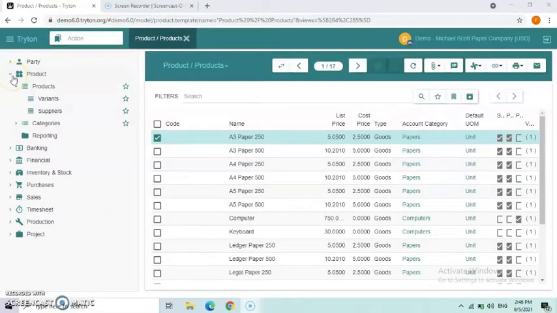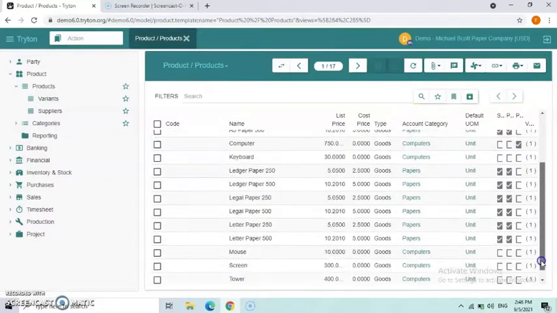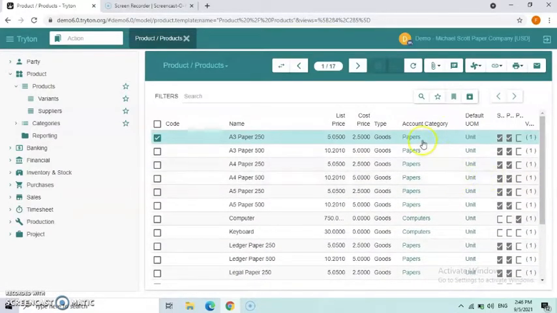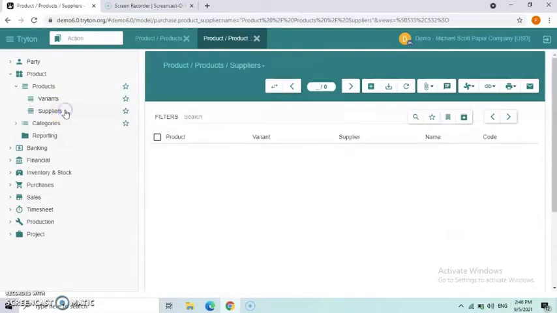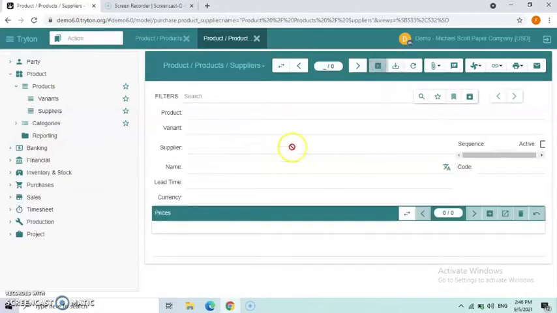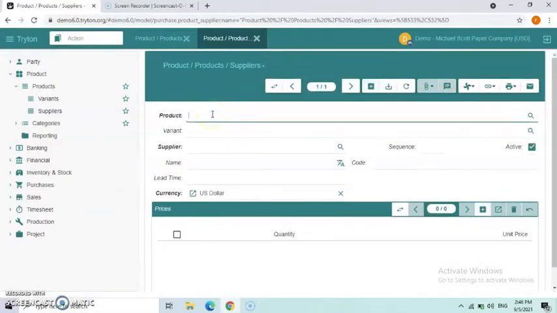For the next feature, which is product, if you click product, it will show you the list of the products that are sold in our company. In my company, we sell papers and computers types of products, so they will appear here. For the supplier, you can add a new supplier for the product. Let's say I want to add a new supplier for the A3 paper product,